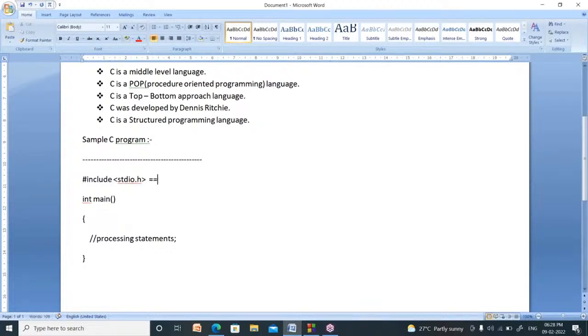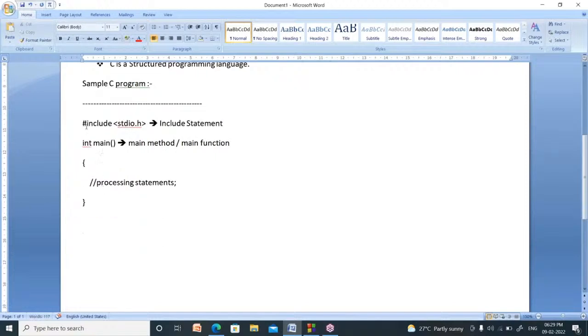This line is called the include statement. Int main is called the main method, or we can call it the main function. Method and function both are the same in C.